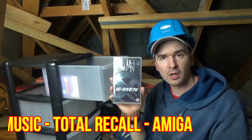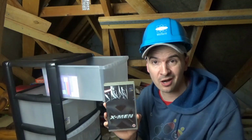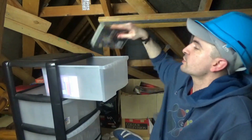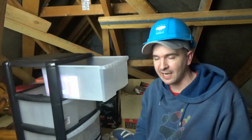There you go, X-Men, have that on VHS as well, and when we saw that at the cinema, I went with a friend from work, and that was also the same day that I played Silent Scope on arcade for the very first time, because that cinema at the time had quite a few decent arcades, and Silent Scope was there. For those of you who haven't seen or played Silent Scope before, basically it's a gun game, but you use a...